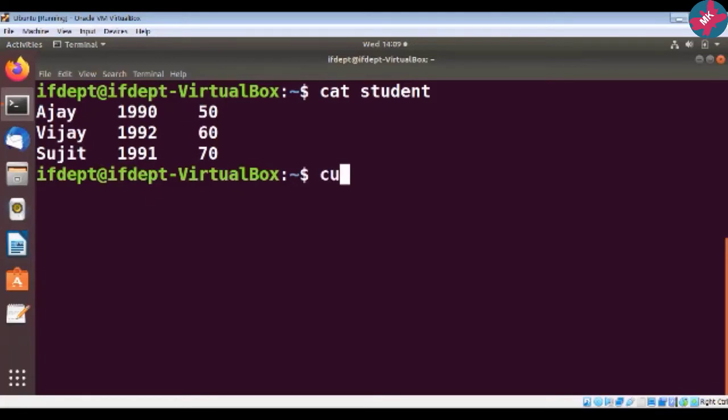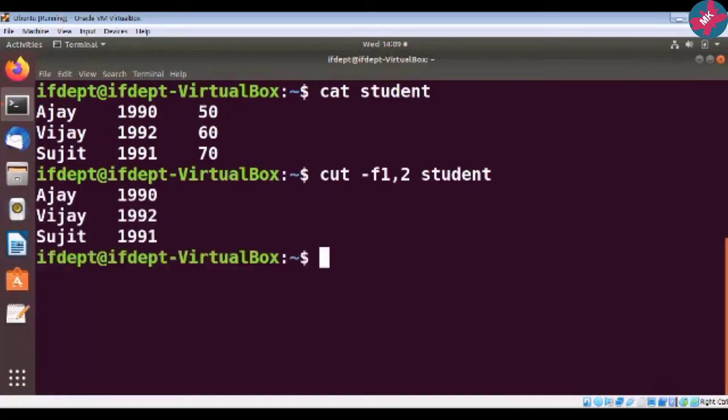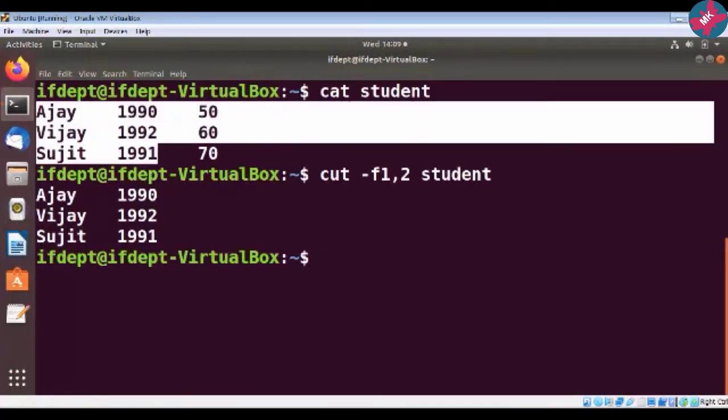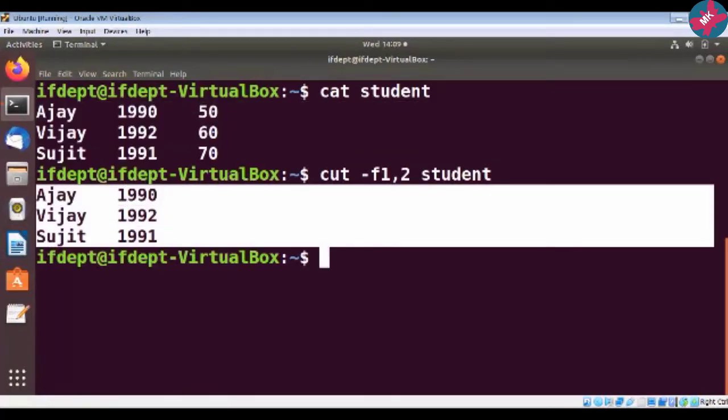So I will use the cut command, then the option -f 1,2. 1,2 means these two columns I want to be cut. And then the name of my file. So let us check the output. See here, the first two columns are cut and displayed here.